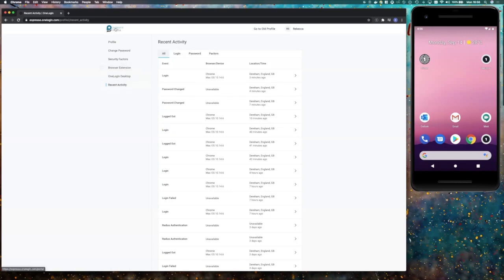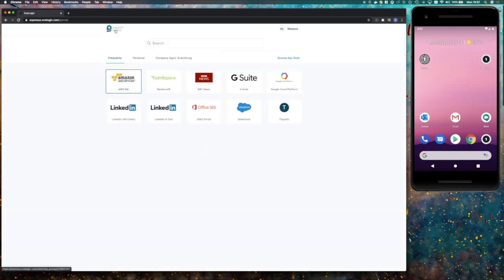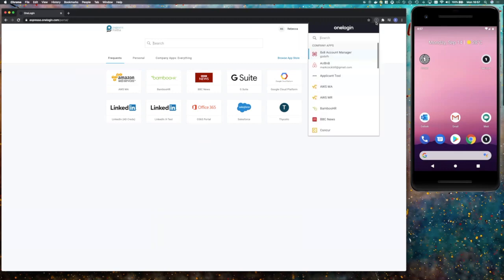To get back to their portal, they simply just click on the icon in the top left, and then we arrive back at our portal to access our applications. We also have an extension that a user can use to access their app. So if they're on a different site somewhere else, they can very simply just click on this extension and use that to access their relevant applications. For example, if they wanted to go back into 365, we click on the 365 portal tile, and then off they are into